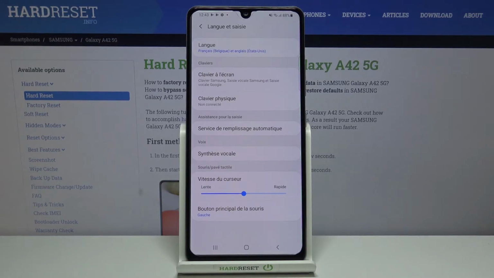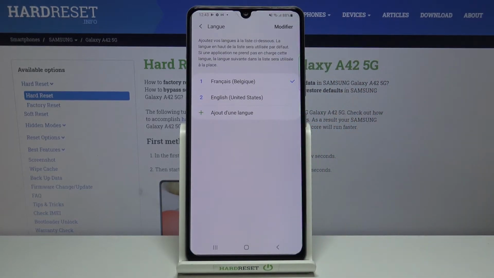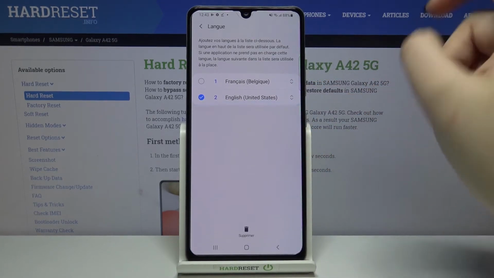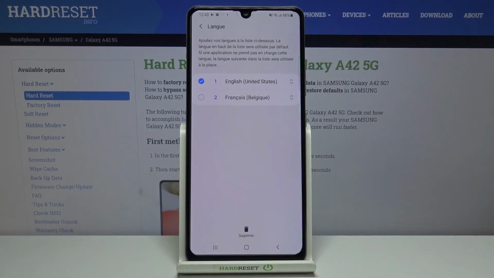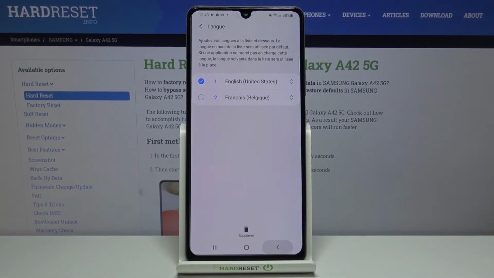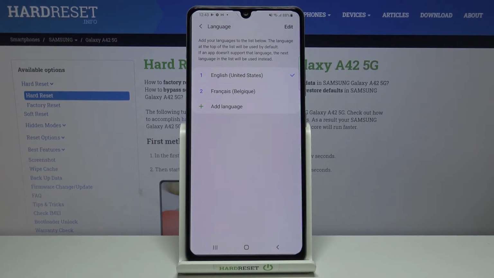Now let me show you how to change the language if you've got two options to choose from. So let me get back, and if you've got two different languages on the list, you can simply tap and hold the one you want to use and drag it to the very first position, just like that. Now let's wait a second and we can simply go back. As you can see, English stays on the very first position,